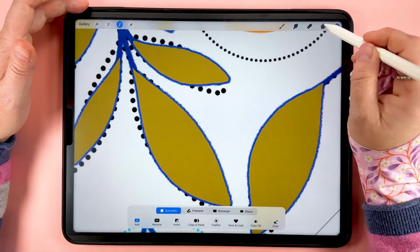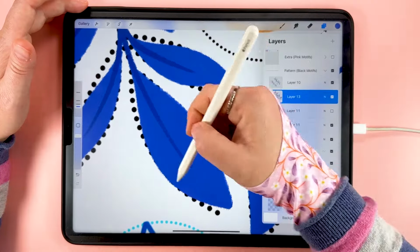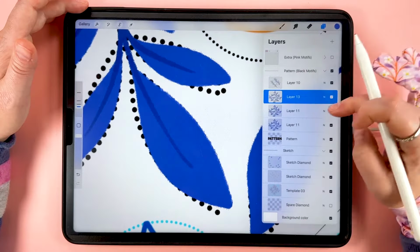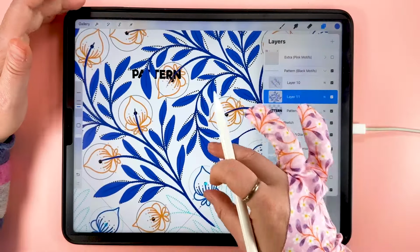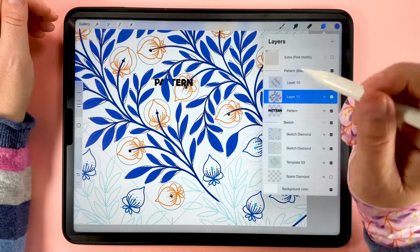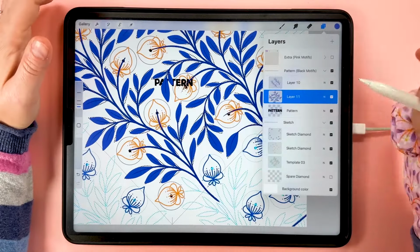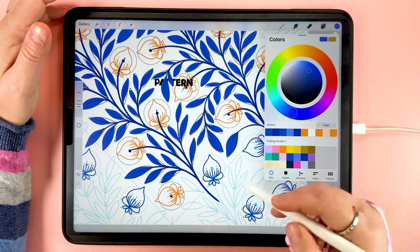Then you can invert the selection, add a layer and tap to fill, and that's going to fill an area inside there. Then with that one hidden, you can pinch and merge those together. And now you've got all of those gaps filled on that layer all in one go. So now we're going to move on and illustrate these little flower bud things. So add a layer above your stems, and we'll start with the lowest part, which will be this frilly bit